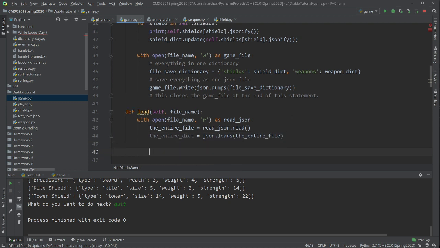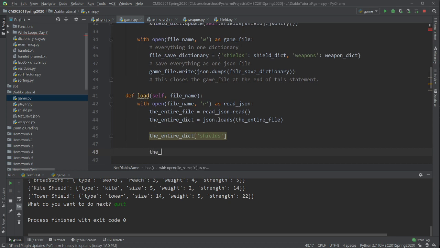So what we need to do now is use this dictionary. We need to look at the shields, and we need to look at the weapons, and we need to add these all back in as new shields and weapons. So how do we do that? So what we're going to do